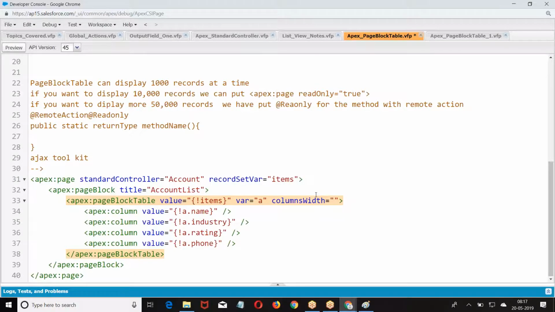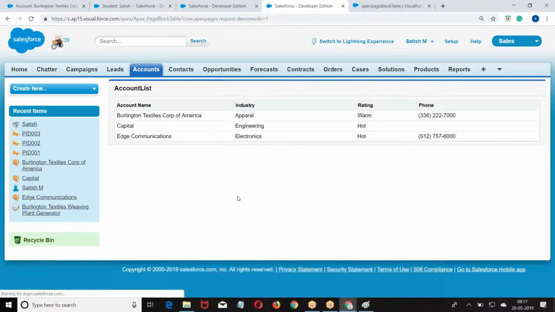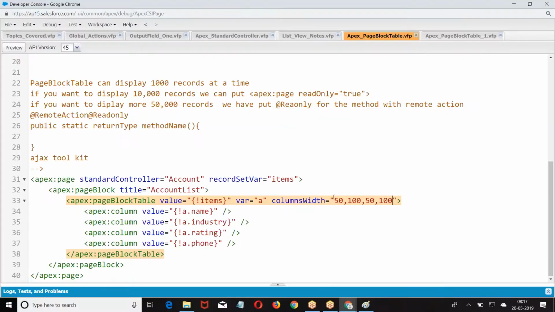So I want to give 50, 100. Now, are these properties getting applied here? Let us see. Let me compress it and show you.